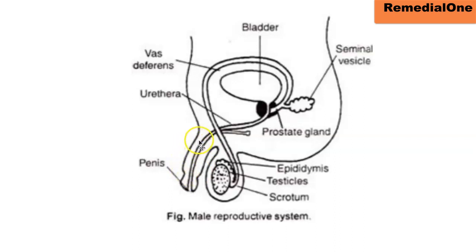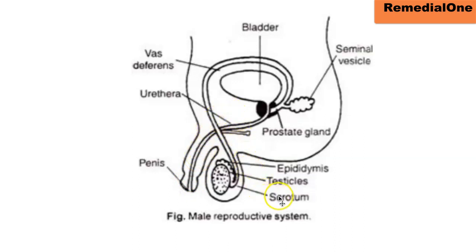It becomes erect when it is filled with blood. The penis is made up of spongy tissues. And when these spongy tissues are filled with blood, it becomes erect and it is used for sexual intercourse. So that's the function of the penis. Then let's also look at the function of the